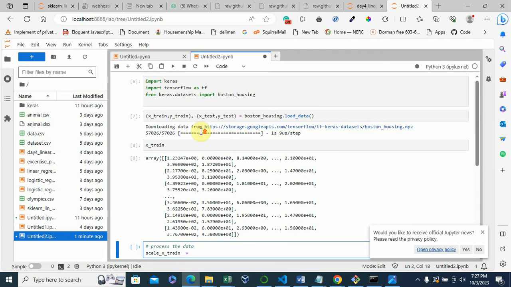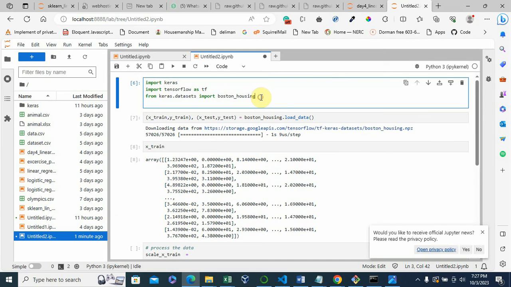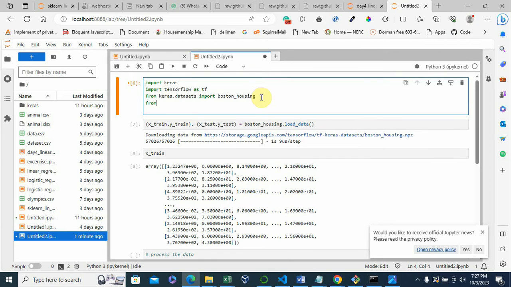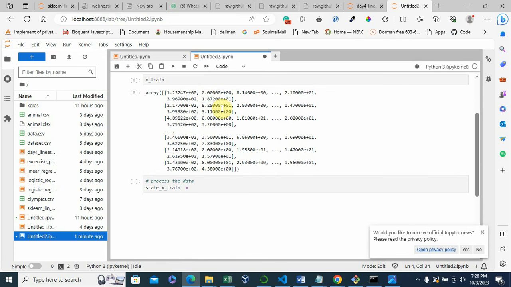So from sklearn, I'm going to import preprocessing, and then that will be used.